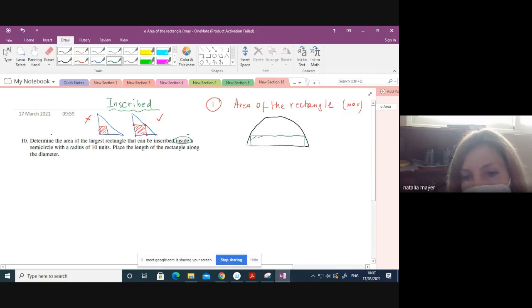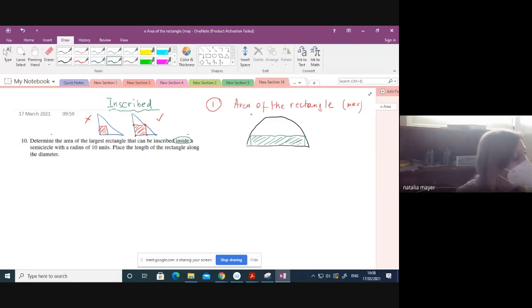So for example, I decided to go for a rectangle which has a very big length and very short width. But this is inscribed according to the conditions of the question, where the length has to be along the diameter. So now we have the diagram. We know that we are